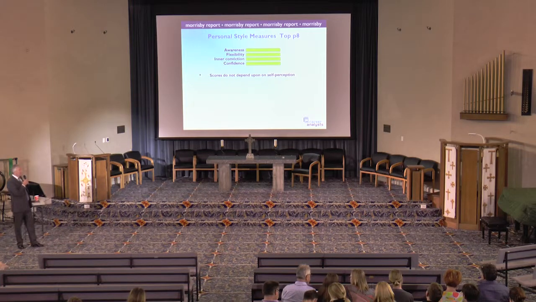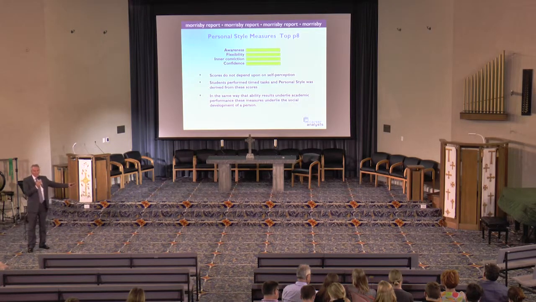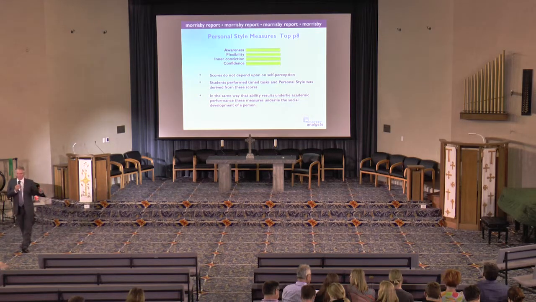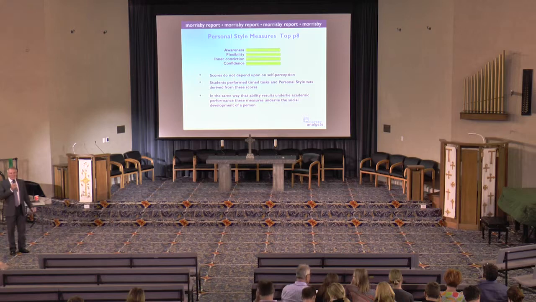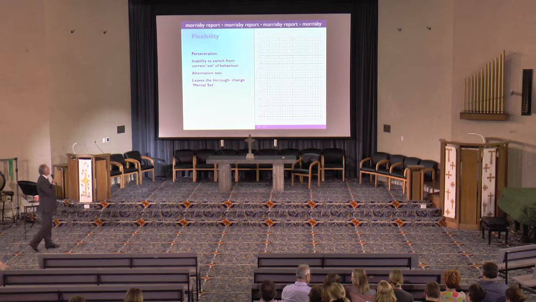And it's interesting because that means the scores you're looking at don't depend on your son's or daughter's self-perception. It's called objective testing. And it's the same model that was used for the abilities. So with the abilities, rather than measuring output, which might be academic attainment, we're measuring the underlying capacities upon which output is built. That's what we're doing with personality. We're measuring the underlying ways of operating upon which behaviour builds. All pretty theoretical. Let's have a look at a couple of tests.